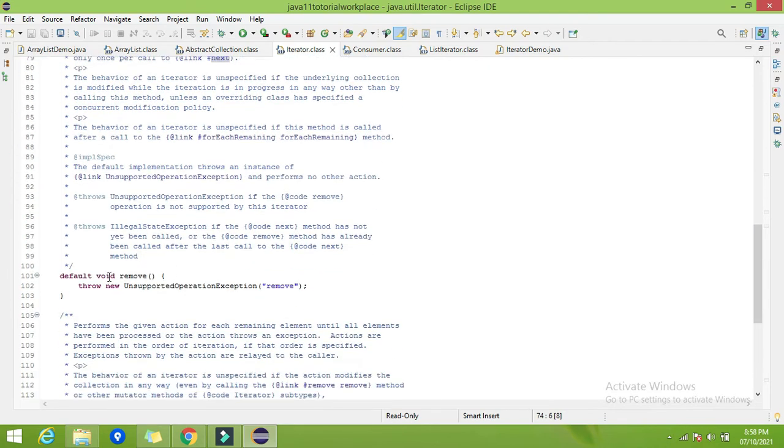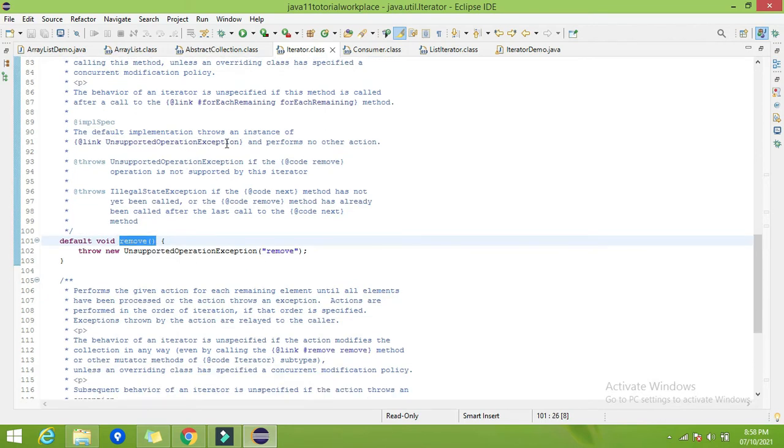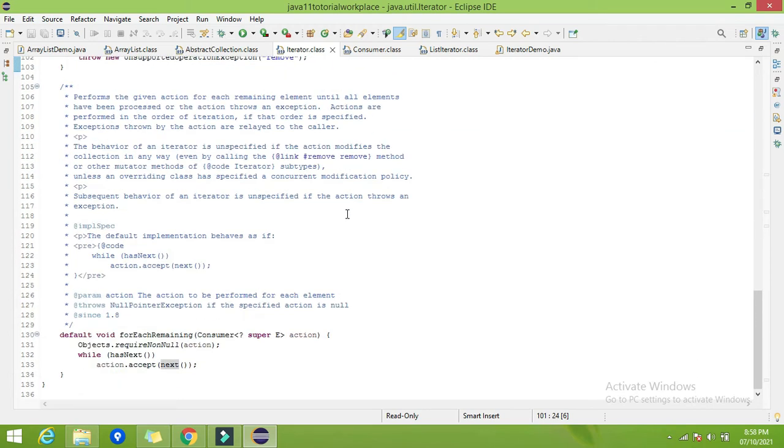Then the next method is remove. If we want to remove a particular element from the ArrayList or any collection, at that time we can directly use the function called remove. And the last one is the default method forEachRemaining. I will explain all these methods one by one.